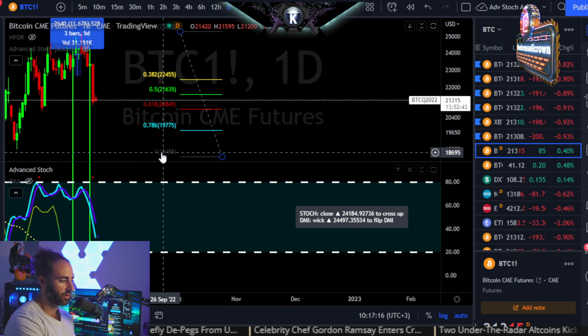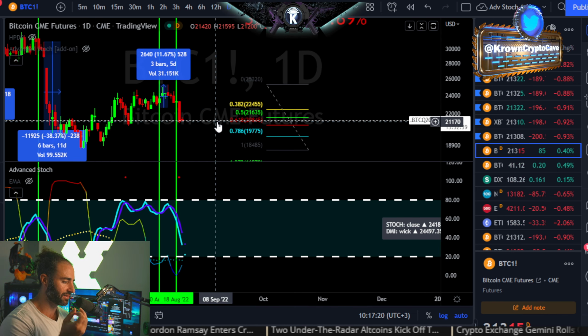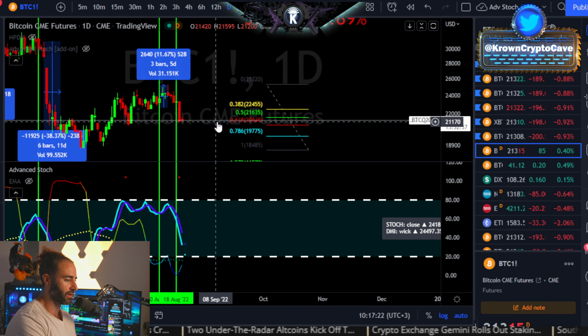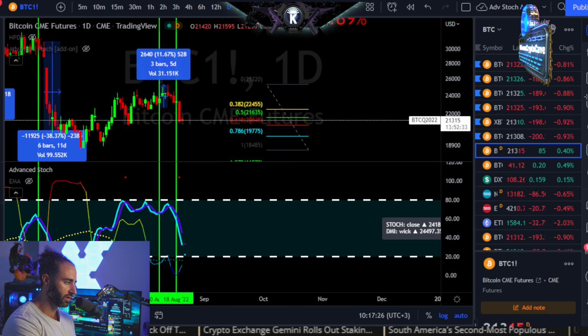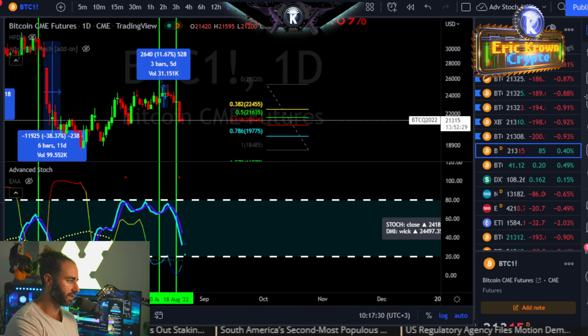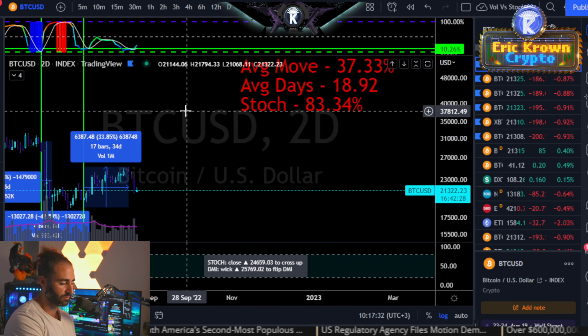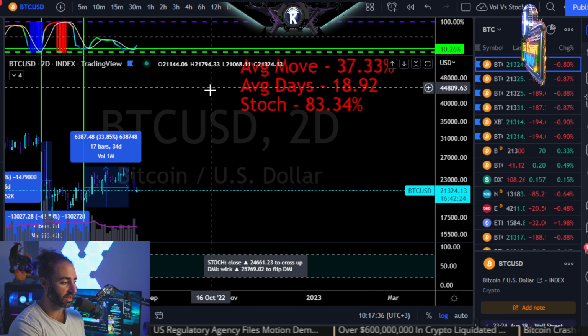In this case, I do think that this one over here is more or less a best case, or maybe not best case, but a more likely scenario for an upper bound on where we find the end of this dump. Again, keep in mind that this is not relevant to the lower time frames. This is only relevant to the daily and above. And if we go over here to the 2-day time frame chart, we can come up with another metric, of which I really do like the results on this one.